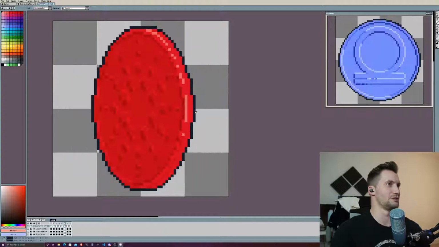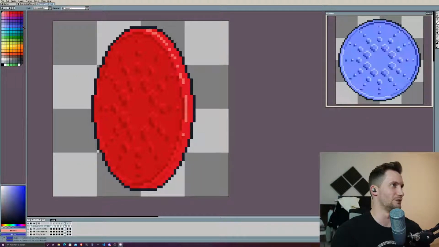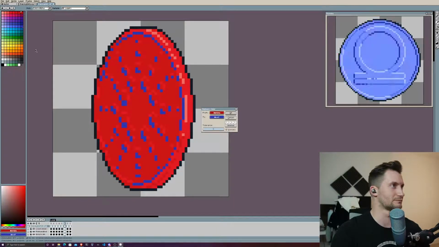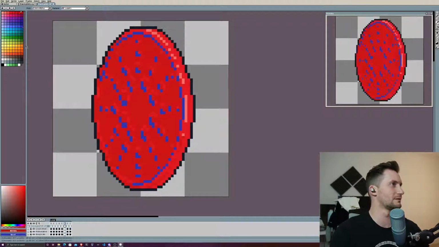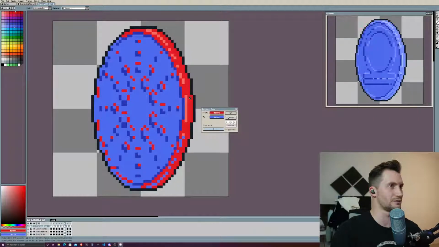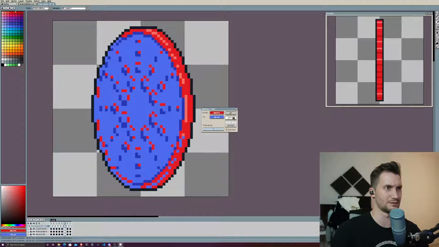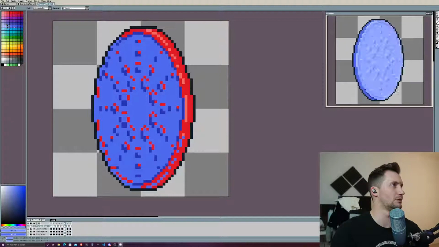Okay, let's just get rid of the red, right? It's hard to tell what's going on with the red. Let's get rid of that. Where is it? Here. Change that. And wait, no way.